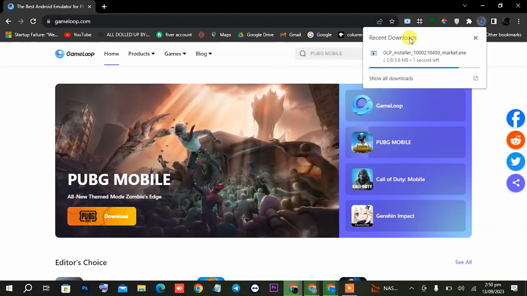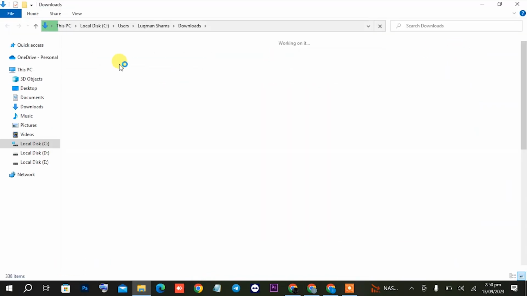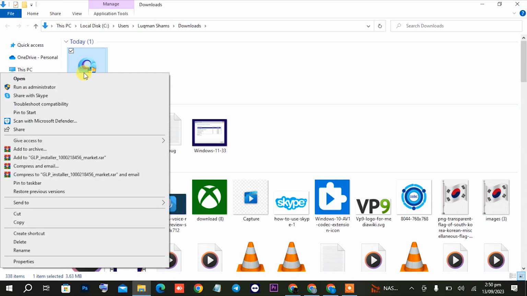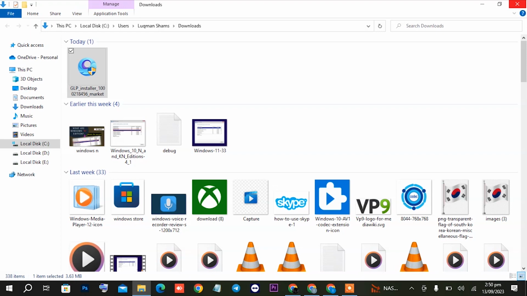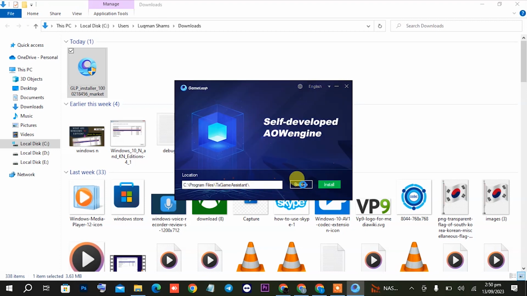And once the setup is downloaded, you will have to open its location. And then install the Gameloop from there by opening it. And you will have to customize the installation in which folder you have to install the Gameloop. Locate that folder